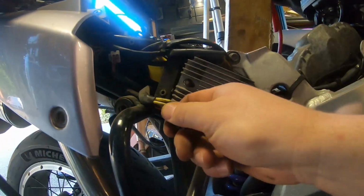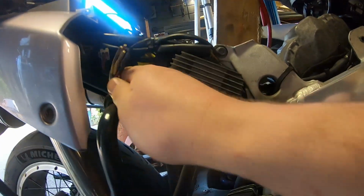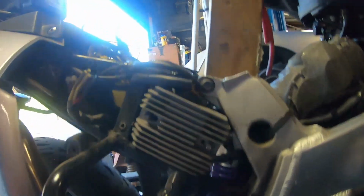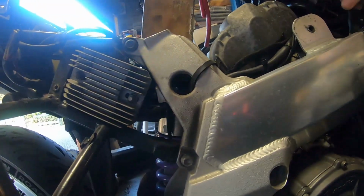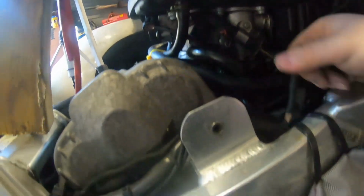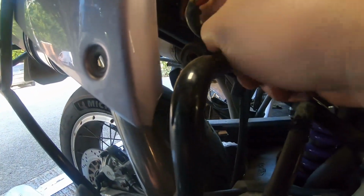Oh, that doesn't look very factory, does it? I do remember there being something funny down here. Yeah. Well, that's the other end of those cables. And we have...